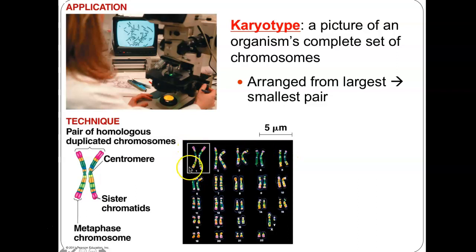This is not a chromosome and its copy. These are homologous chromosomes before DNA replication occurs. So what would a karyotype actually look like right before cell division? How many actual chromosomes would you have as a human if you had a karyotype of your cells right before division? How many would you have? Would you take a guess? Right. You would have 92. You would have 46 plus 46, 92 on here.